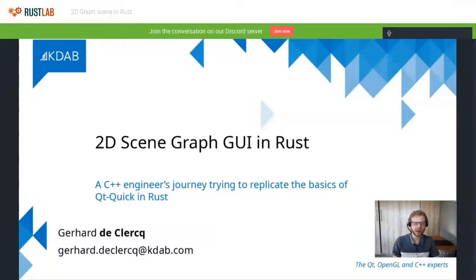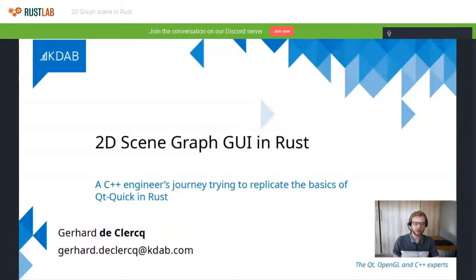But yeah, enough about me. The talk is entitled 2D Scene Graph GUI in Rust, which right now probably sounds like a bunch of gibberish, but throughout the talk we'll get to what all of those terms mean. Right now, 2D scene graph is really just a reference to Qt for anyone who's ever worked with that.